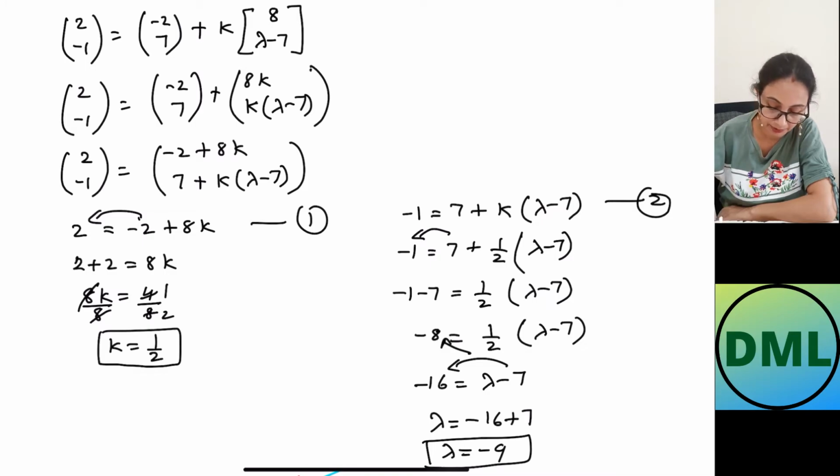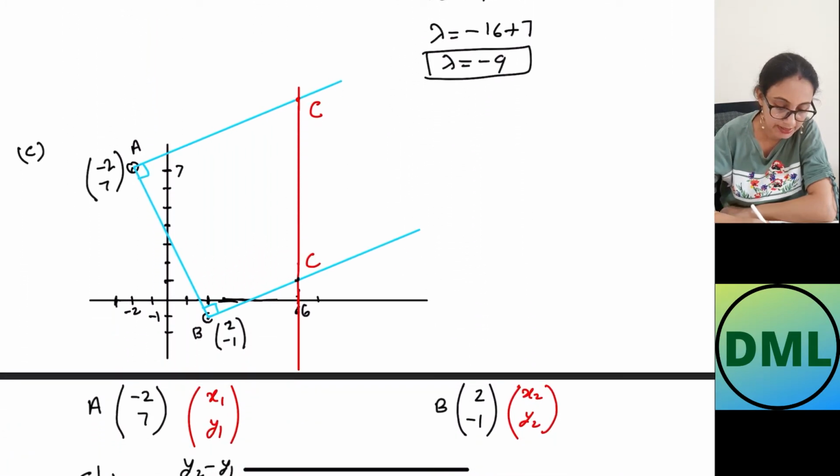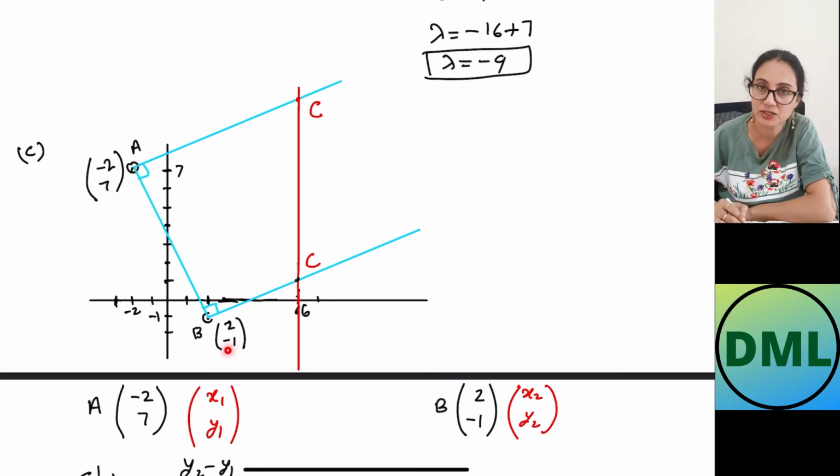Now let's see the third part here. Now they say that they are in the right angle. So let's plot the values here. The point A is given by minus 2, 7 on the coordinate axis and the point B is 2, minus 1. Now the C coordinate has been given as the I vector as 6 and the J vector I don't know. So if I draw the lines perpendicular at A and C, I am getting two values of C. First is here, second one is here. Now I know that these two lines are perpendicular to each other.